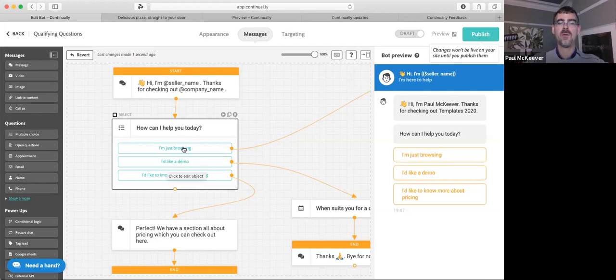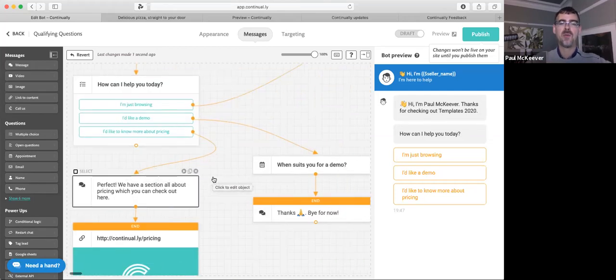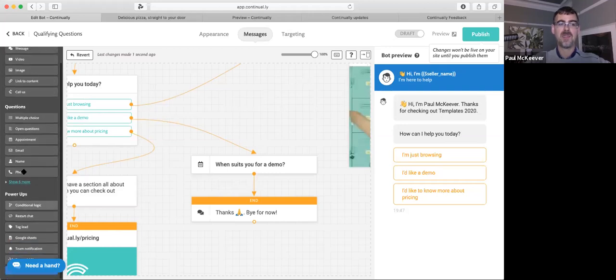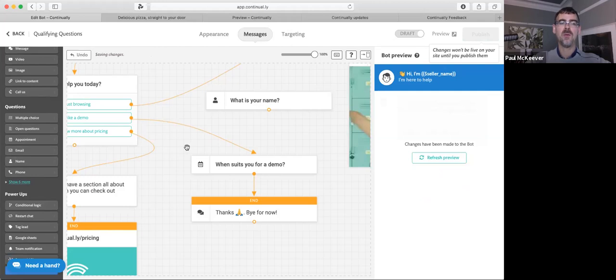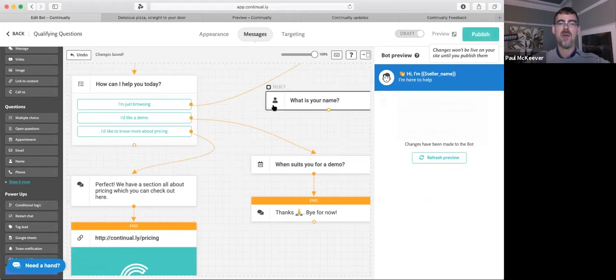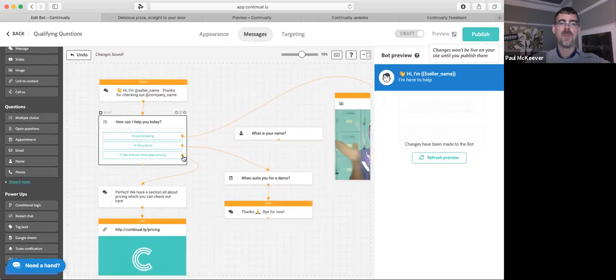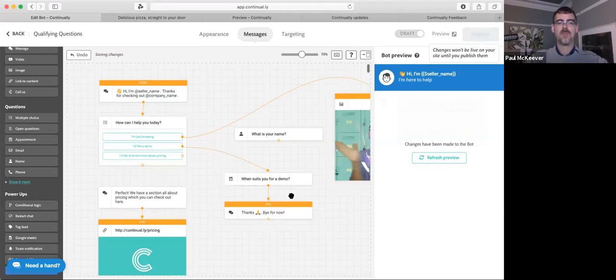So here there are 3 options, and you might have problem A or opportunity B or challenge C. And then as you go through those, there is different classic lead gen data you might capture. You might build out a flow with what's your name, you might capture their email address. And so if I want to know more about pricing,